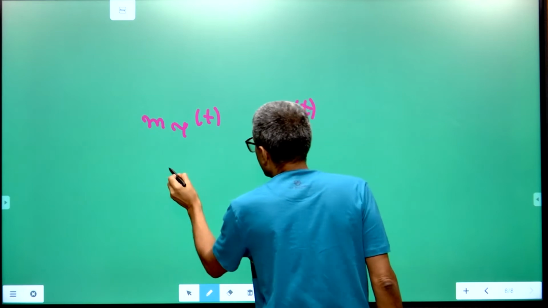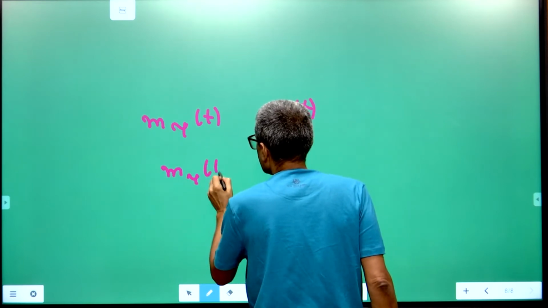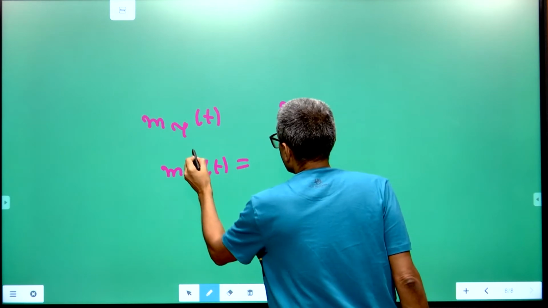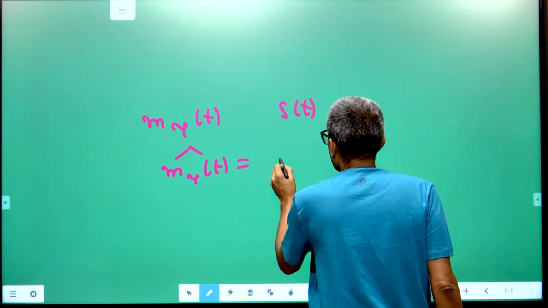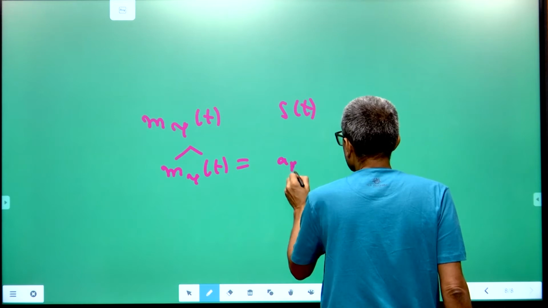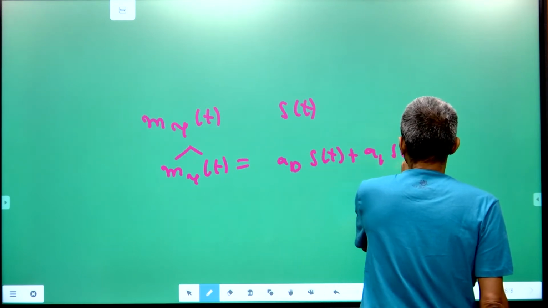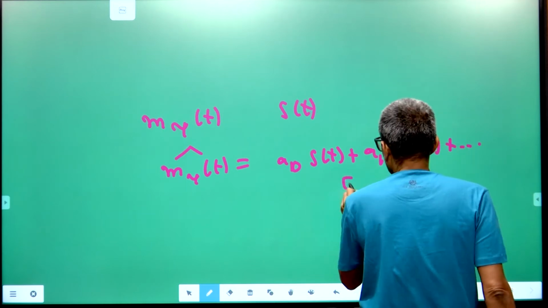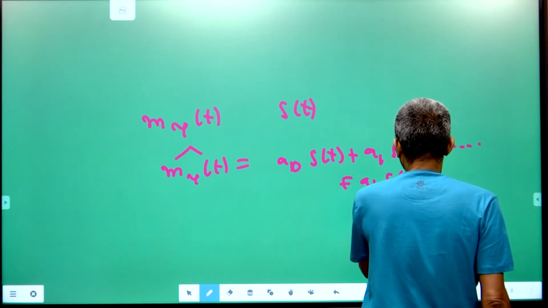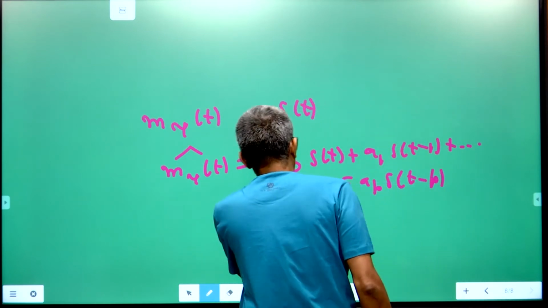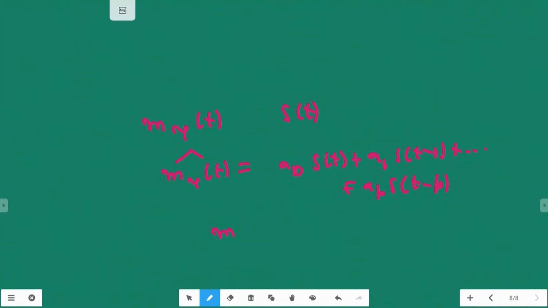So what I do is I predict m psi t based on s of t and its past. Let us say I make a prediction of the form m psi t hat equals a0 s of t plus a1 s of t minus 1 plus so on, plus ap s of t minus p, finite memory. I make this prediction and I choose a0, a1, to ap so that